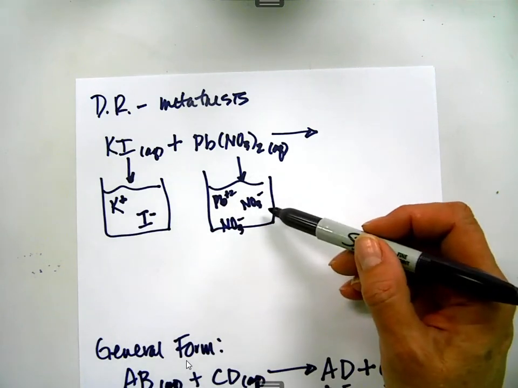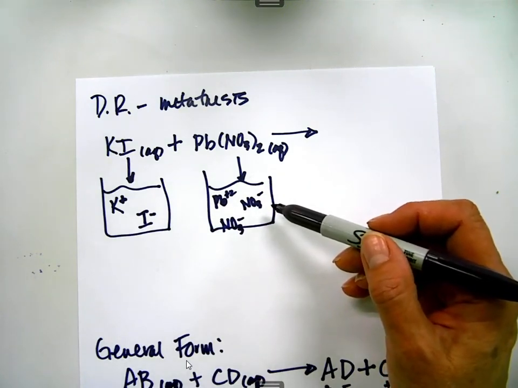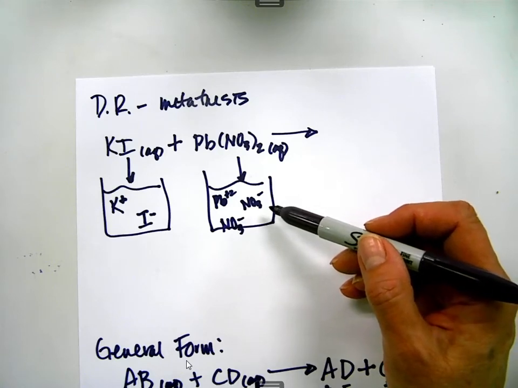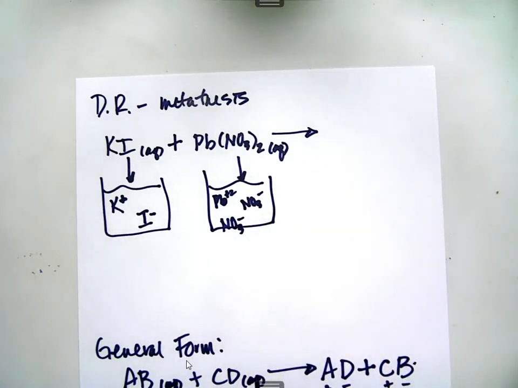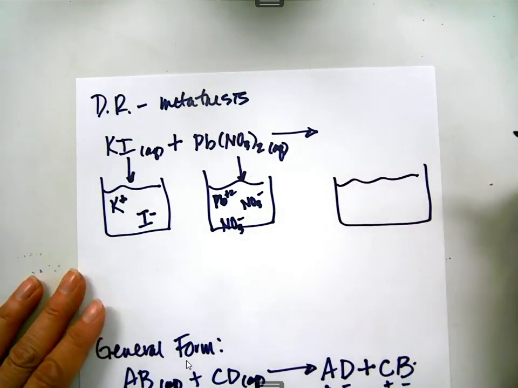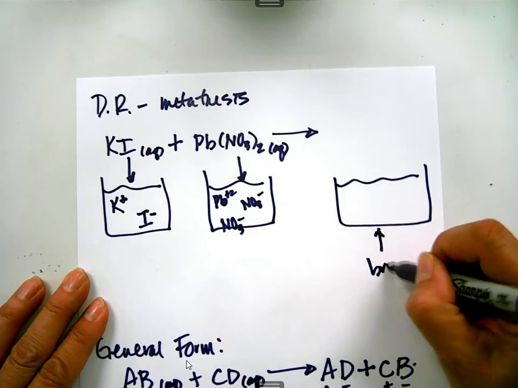Same thing with this stuff. It had a solution of lead nitrate. I'd look at it, it would be clear, colorless, it wouldn't have any color to it, I could see right through it, it would look just like water. When I add the two solutions together,